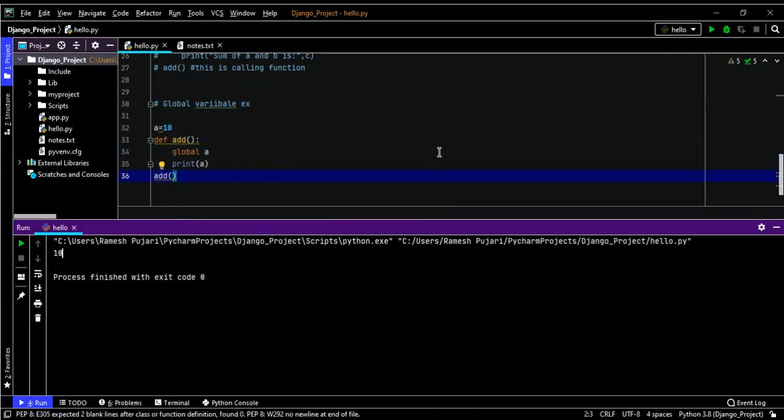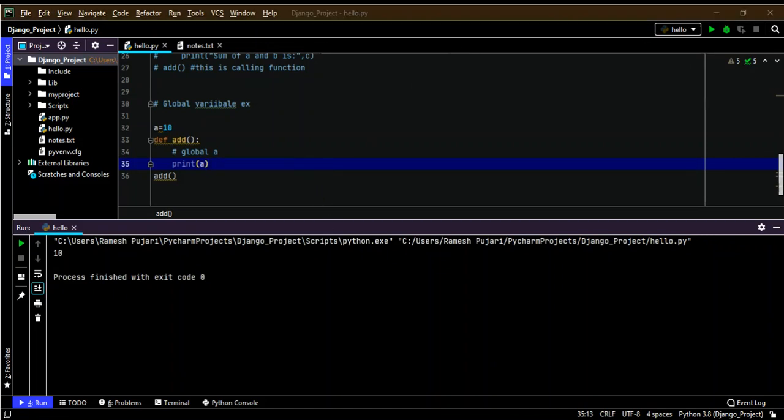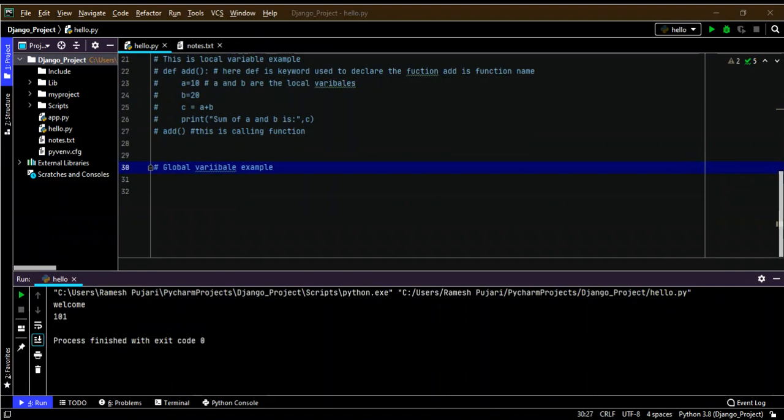Now I will demonstrate global variables. Global variables can be used throughout the program, and their scope is the entire program.